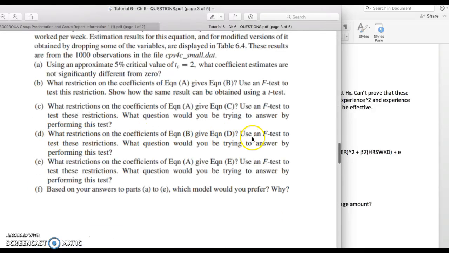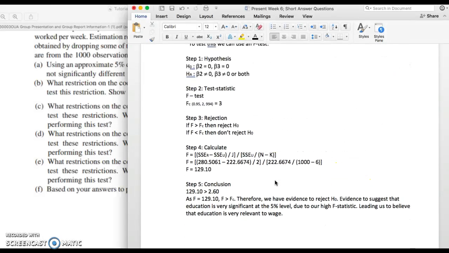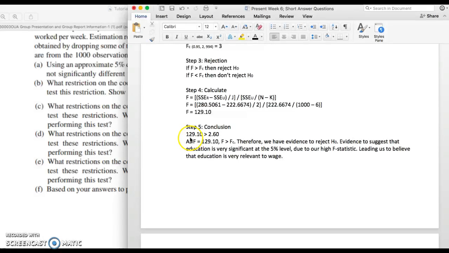So D, we've got equation B versus D. So we've got B versus removing beta 2, which is education, and education squared is beta 3. So removing those two factors, the education factor in general, we want to know whether or not education is significantly related to an increase in wage amount. So we go through, run another f-test, and we do find that with a really high f value compared to the f critical, we have significant evidence to reject the null hypothesis,